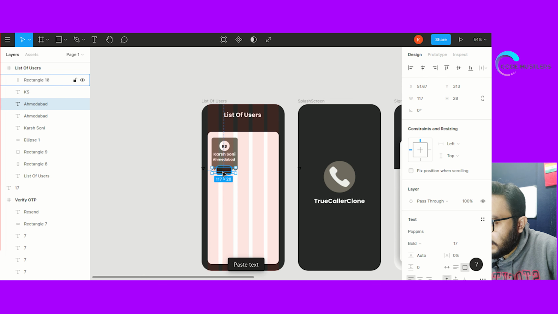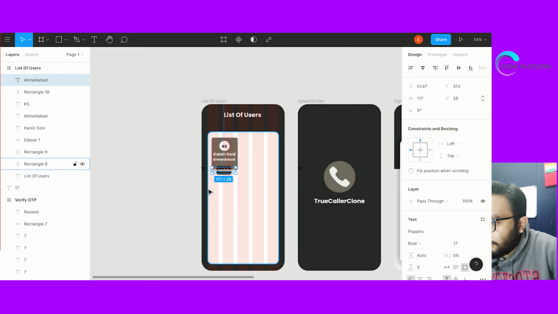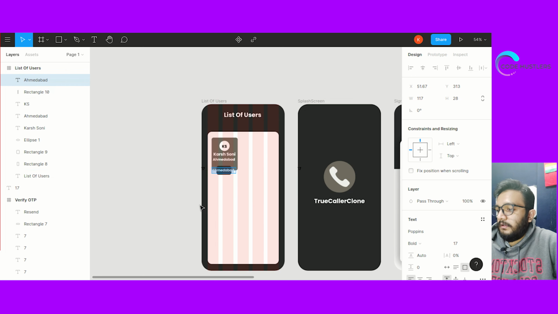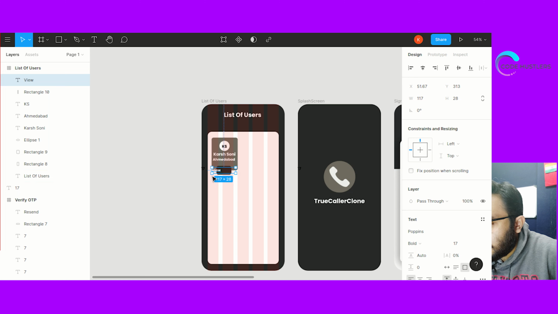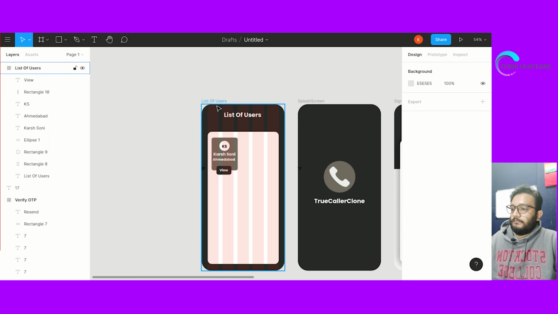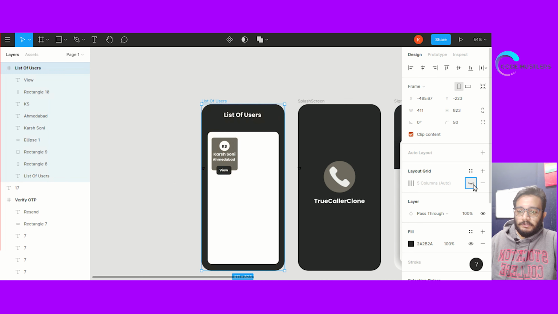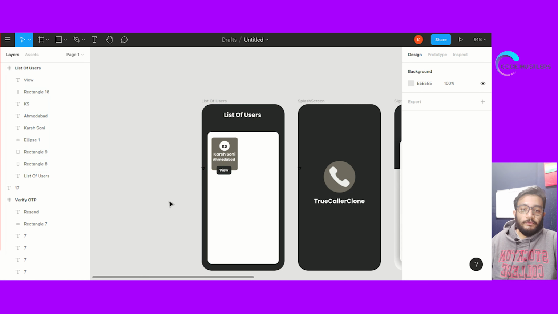Also give it a text white, bring to front, give it a name: view. So let's remove this for a second, and you can see it looks nice.